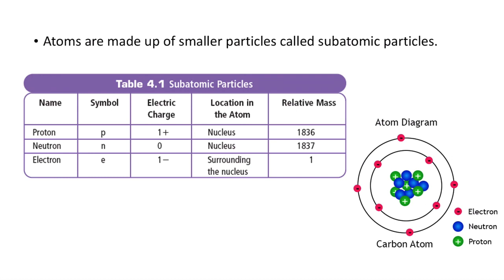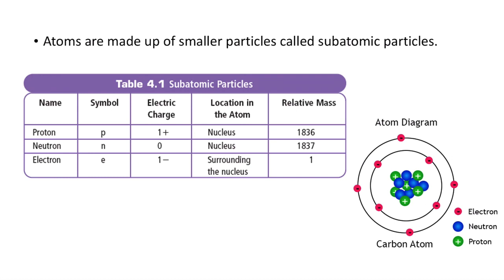So a neutron, symbolized by lowercase n, has an electric charge of 0. It is also located in the nucleus and has a relative mass of 1,837. An electron, symbolized by the lowercase letter e, has an electric charge of -1 or 1 minus. It surrounds the nucleus, as shown in the atom diagram off to the right there, and it has a relative